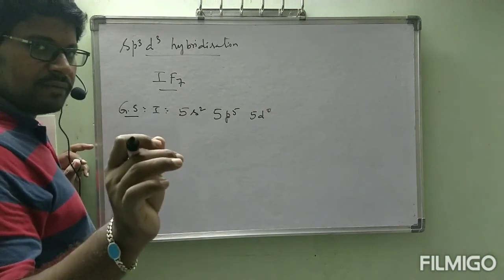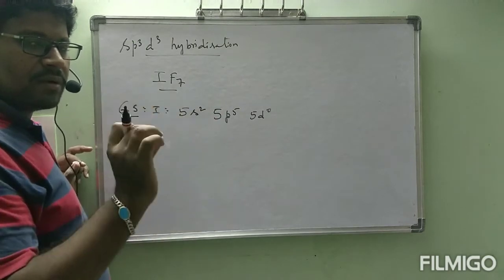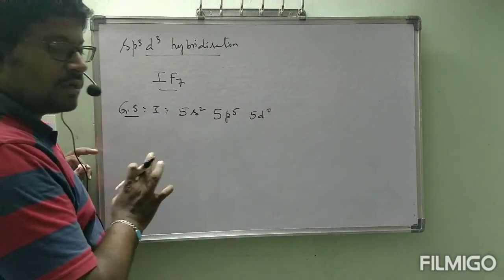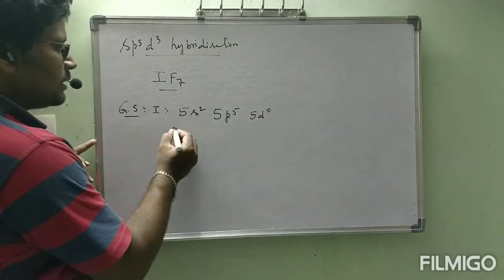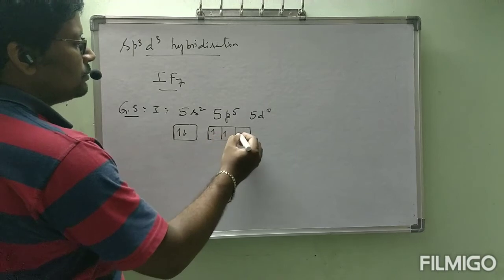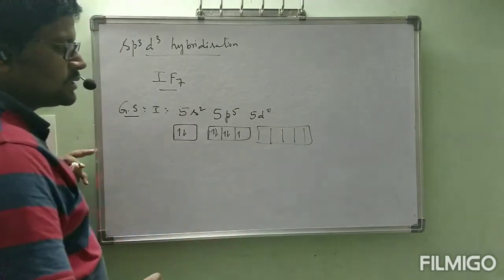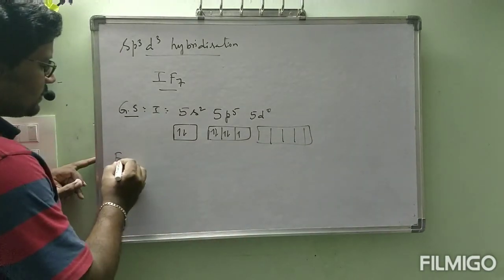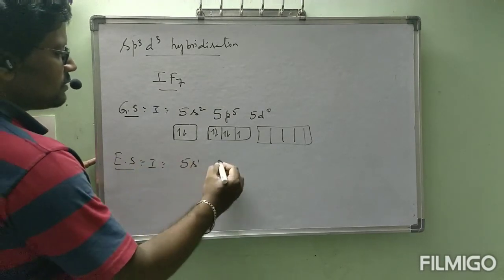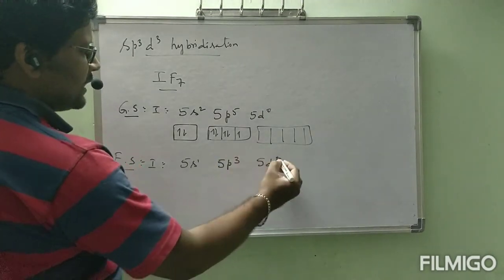Outermost electronic configuration I wrote directly. Okay, if you want to check that one, I gave the Moeller diagram. Check the atomic number of iodine and try to write that one. You will get this outermost configuration as 5s2 5p5, with empty 5d orbitals. 1, 2, 3, 4, 5, 5d empty orbitals. Okay, now excited state electronic configuration of iodine is 5s1 5p3 5d3.